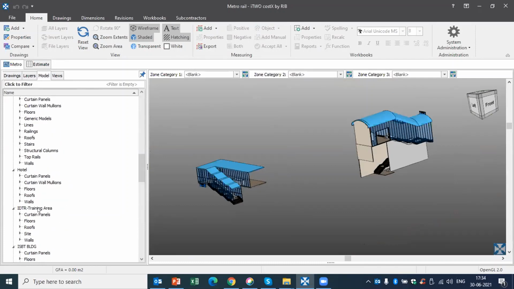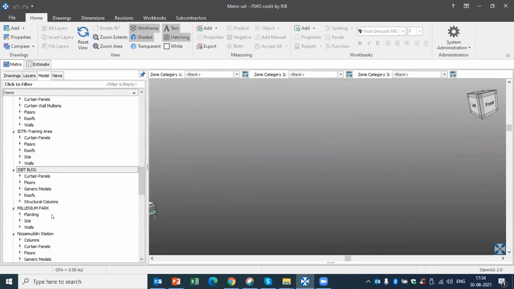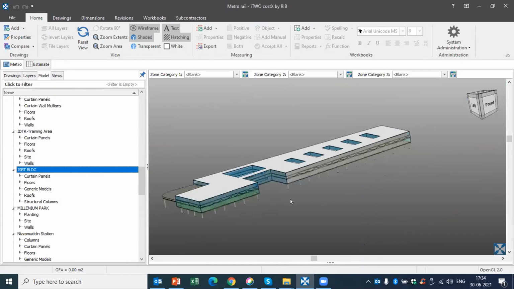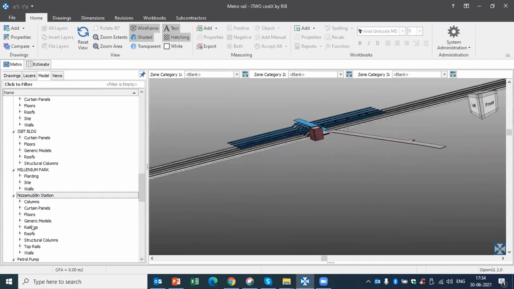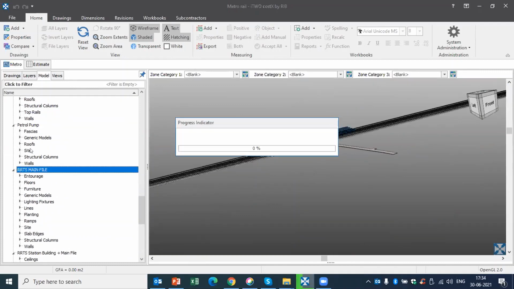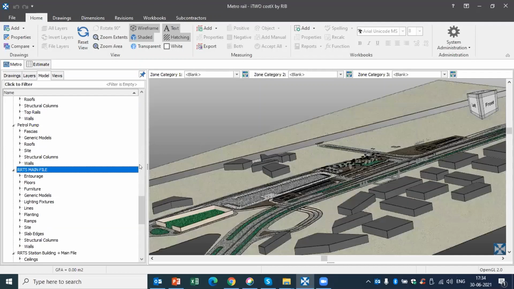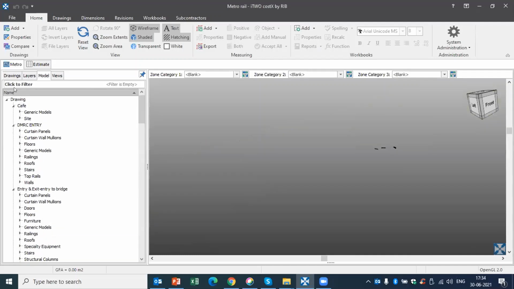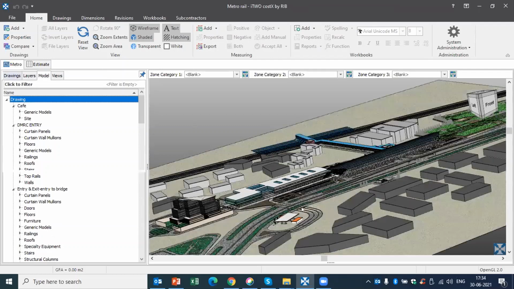If you want to see the station building, I'll select the building here. And also, let us say I'll select a column or a beam.